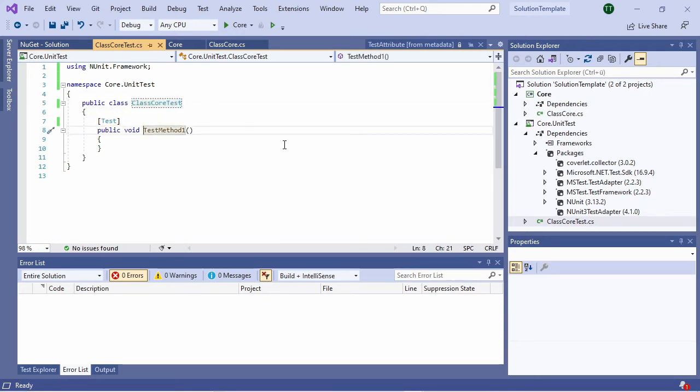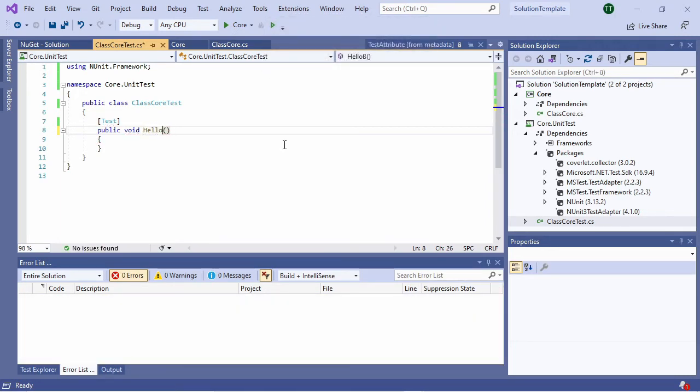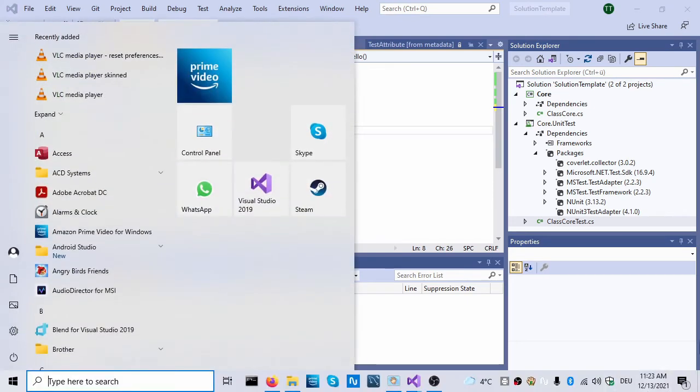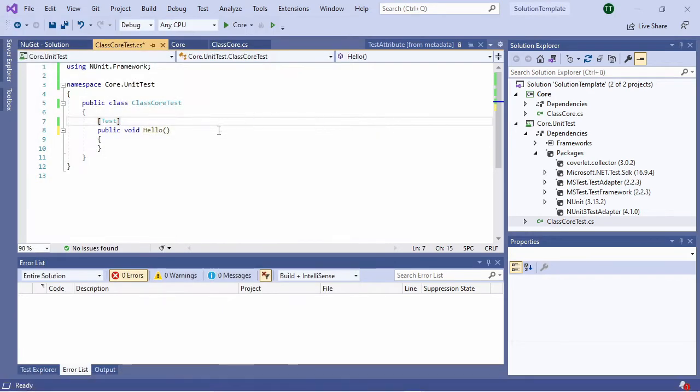On test method, it will be, for example, Hello. Oh, I have a problem with my keyboard, which is in Dutch when I was in English. Okay, Hello.